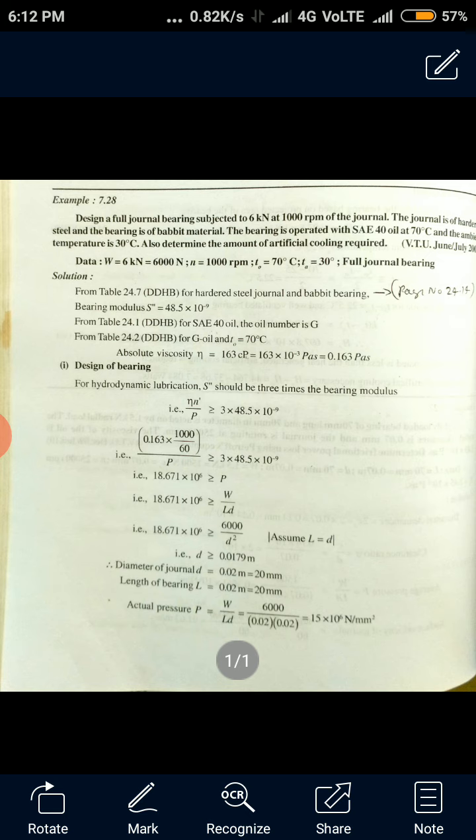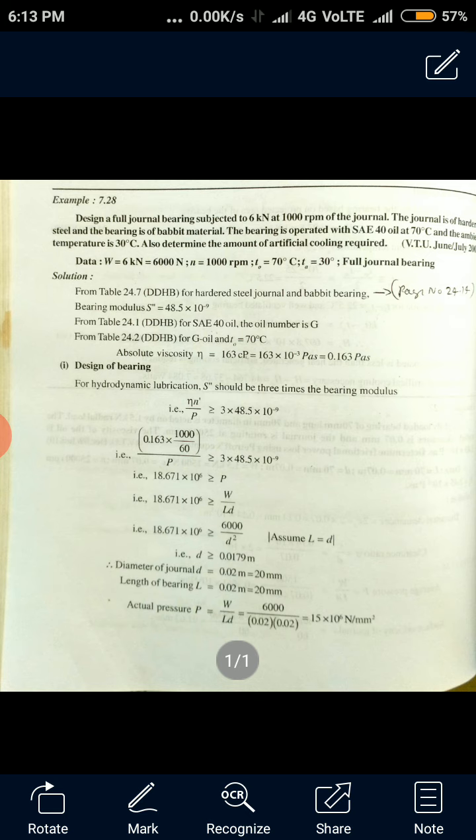Bearing is operated with SAE 40 oil at 70 degrees Celsius. So TO is given as 70 degrees Celsius and ambient temperature TA equal to 30 degrees Celsius. So determine the amount of artificial cooling required. So Hg and Hd you have to determine. So here